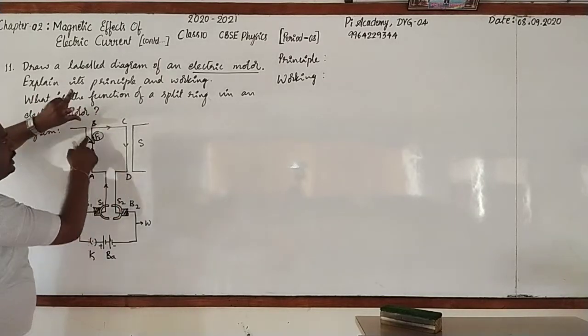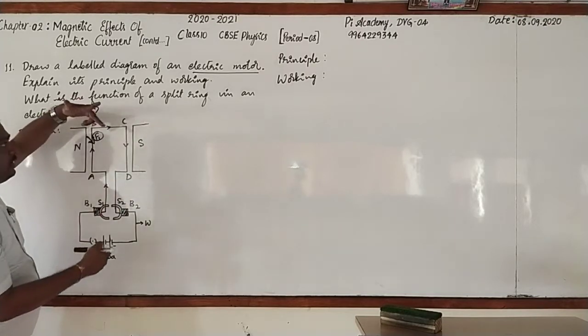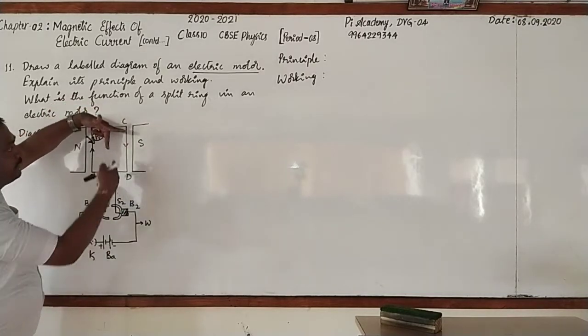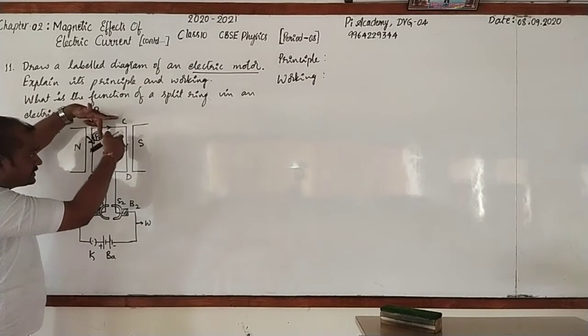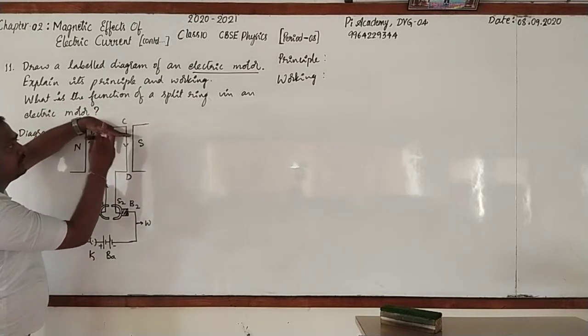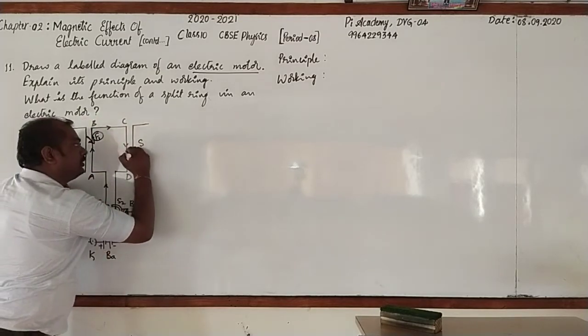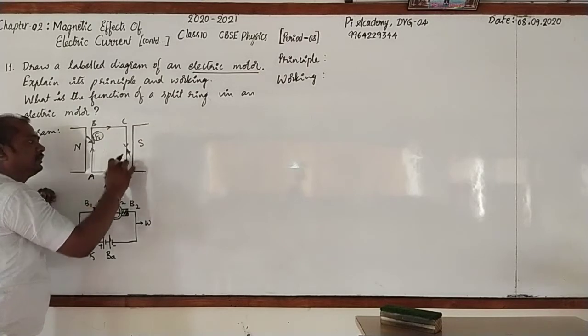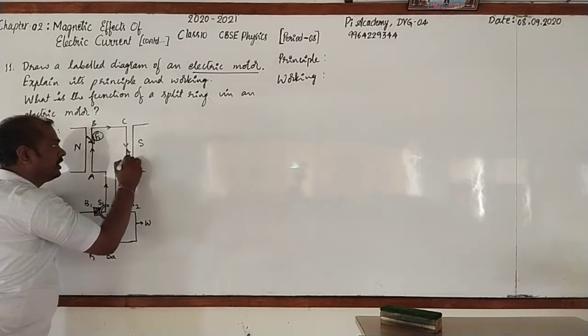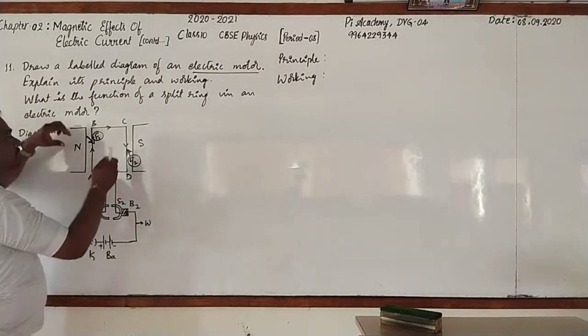Next, it flows through BC, then it flows through CD. When the current is flowing in the downward direction, that is from C to D, now observe the mechanical force: it is acting upward from below the arm CD. I call this force F2. And please do remember these two forces.